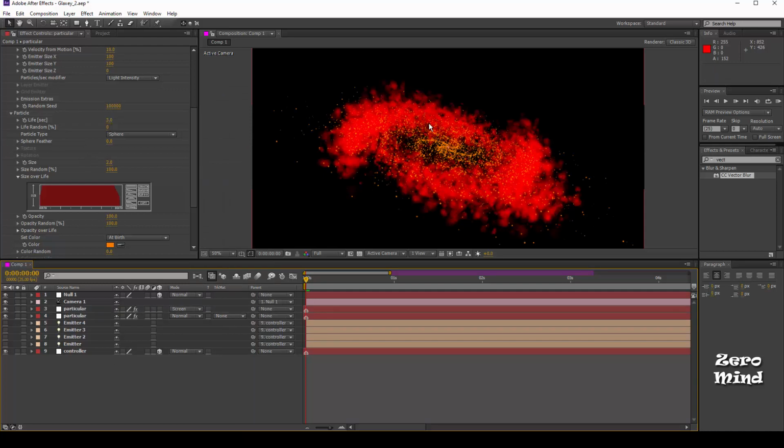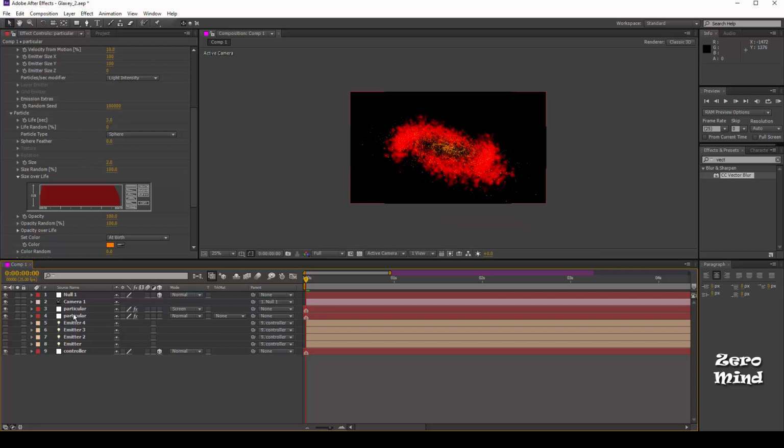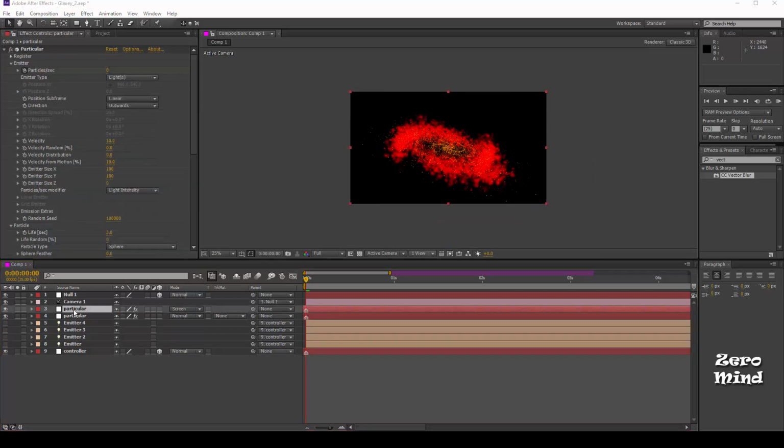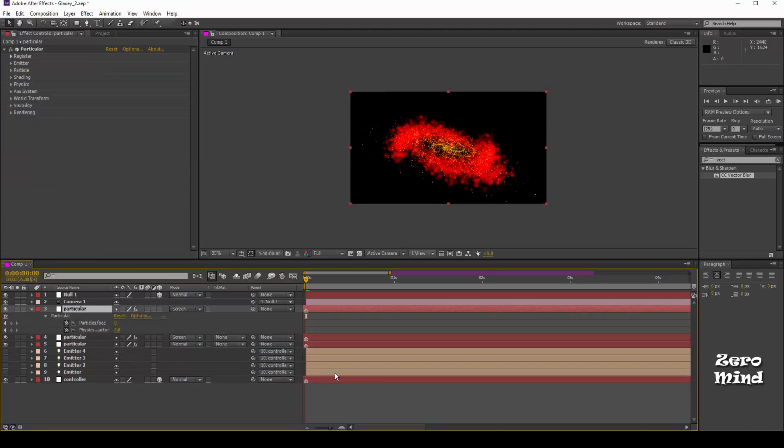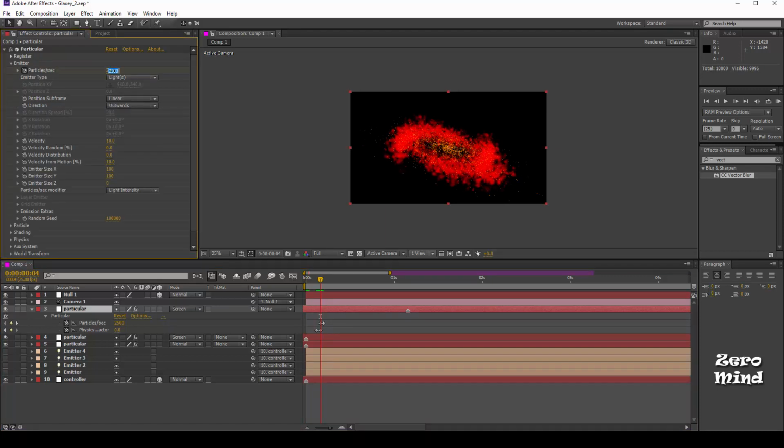Press Ctrl D to make another copy of this particle layer, and take another layer. Now select this particle and change the particle rate up to 1000.